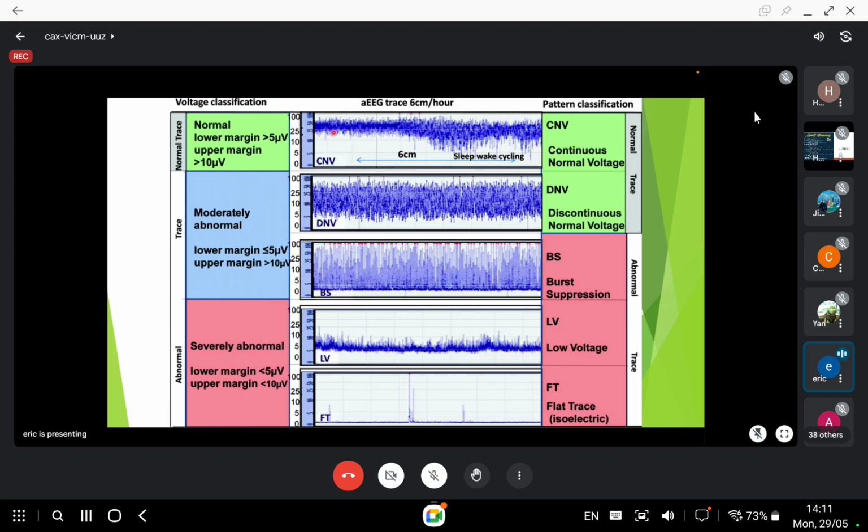So here you can see the lower margin is above 5, upper margin is above 10. So this is a continuous waveform. Okay, and when you see a continuous waveform, this is essentially normal. And if it's already a continuous waveform, another thing that we are looking for is actually